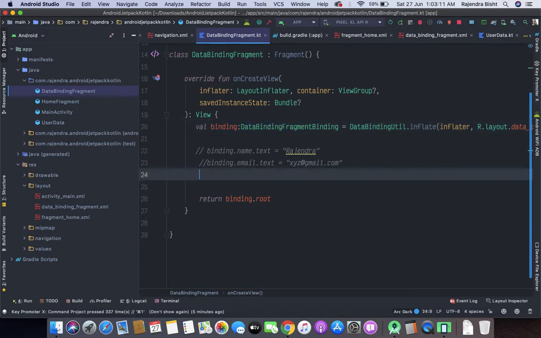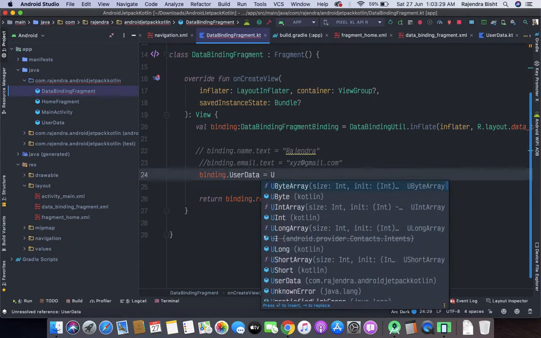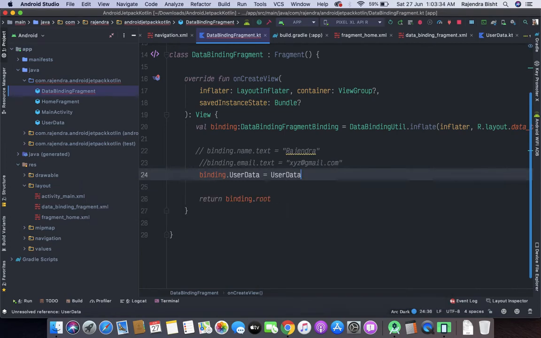Here we will set up the binding dot, oh I'm sorry, binding dot our model class name, user data, is equal to user data.